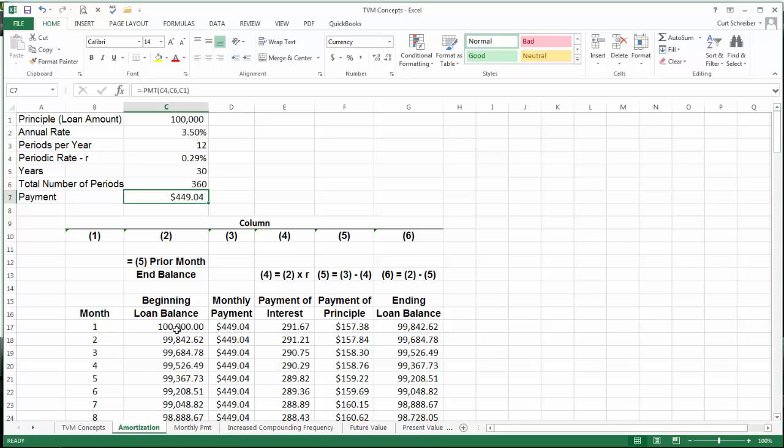Okay, but let's look at this. On a 30-year loan of $450, notice that almost $300 goes towards interest and only $155 or a little bit more goes towards paying off the loan balance. Let's say that what happens if rather than a 30-year loan we change this to a 15-year loan? Would you expect the loan or the payment to double? You might expect that, but that's not what happens, because